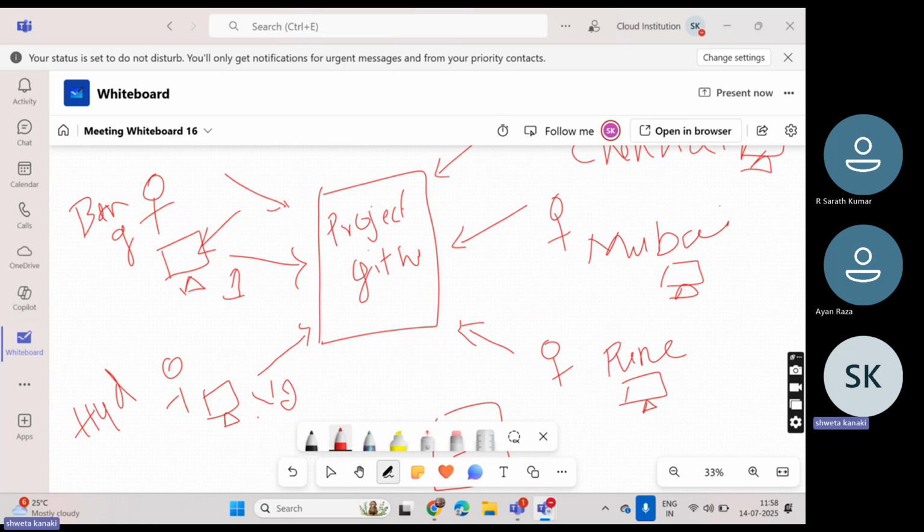Version 3, again version 4, version 5. Like that it will go on to infinity. However many times you make changes and push to the GitHub platform, it makes one version of that file.